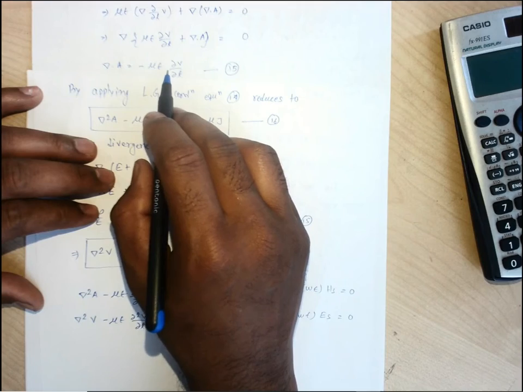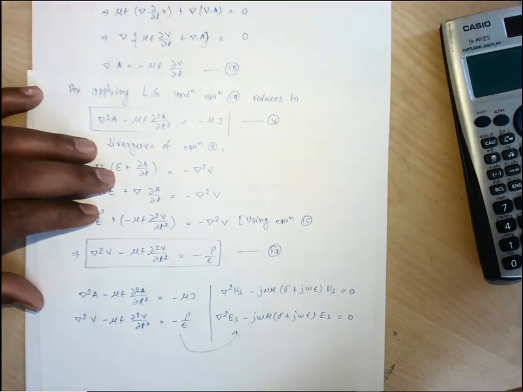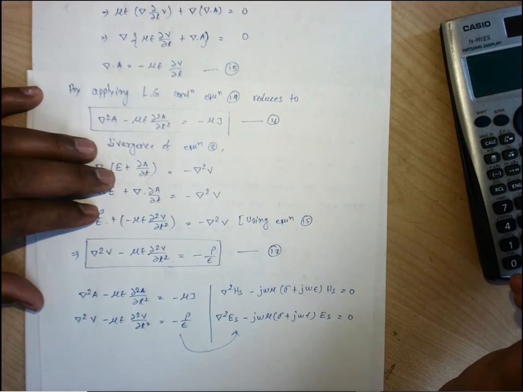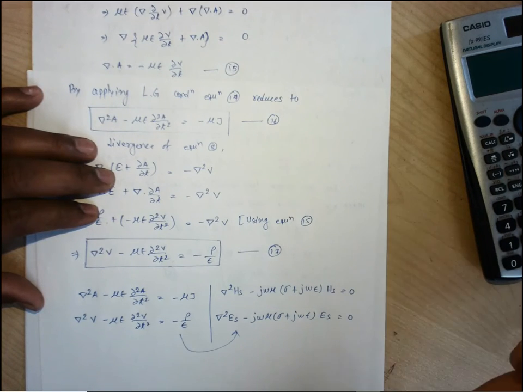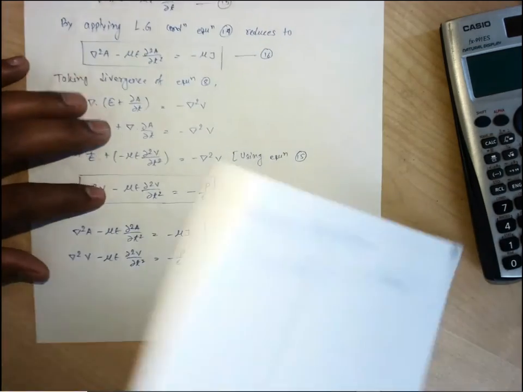Okay, so for time harmonic potentials, which vary with respect to time as e to the power j omega t, integration with respect to time is much simpler. Simply we are going to multiply the quantity by 1 by j omega in the frequency domain. I am just writing all those things, otherwise you people won't understand.